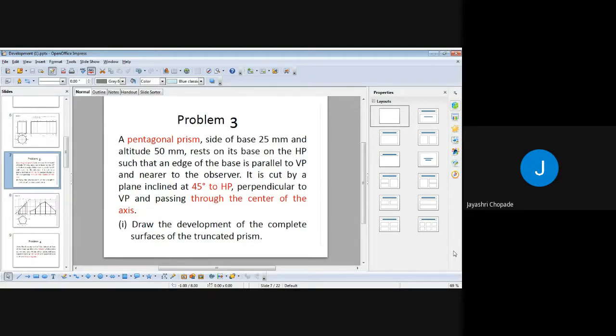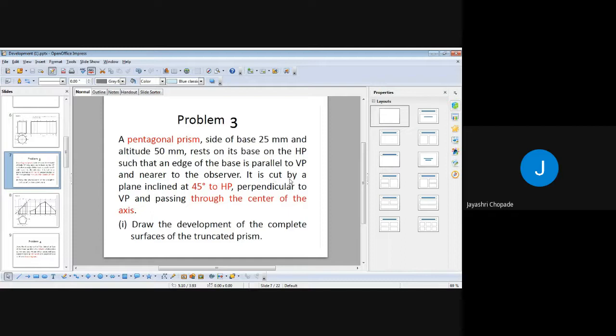Today we will see development of pentagonal prism. So the problem statement is: a pentagonal prism, side of base 25 mm and altitude is 50 mm. Rest on its base on the HP such that edge of base is parallel to VP and nearer to the observer.